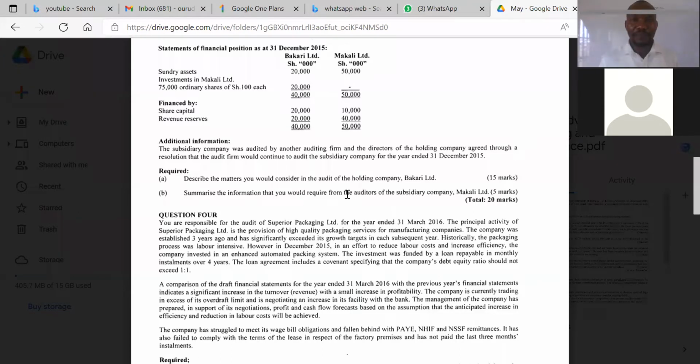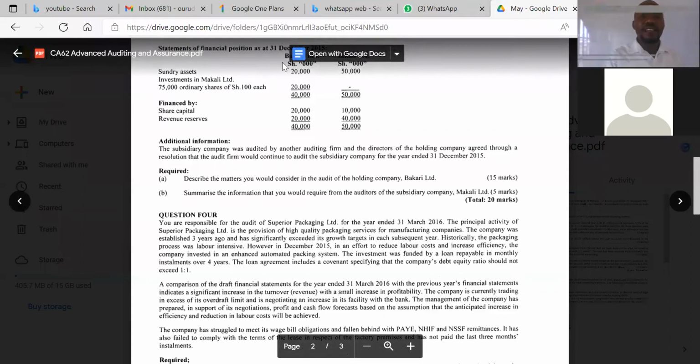Are we together? See exactly. If you are auditing the holding company, the report must include the audit report from the subsidiary company. So what are the factors that you are going to consider? Your main focus is now on the subsidiary, because it is being audited by a different person, not you. You should be worried because you are the group auditor. You have to sign on the report of the whole group, including the mistakes done by the auditor of the subsidiary.